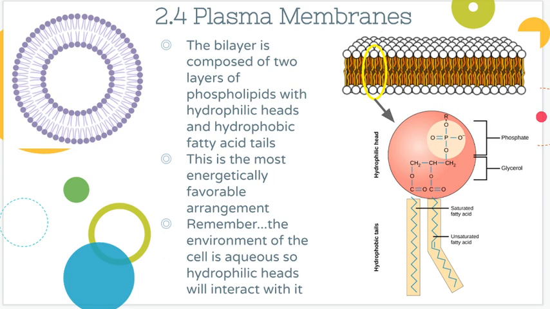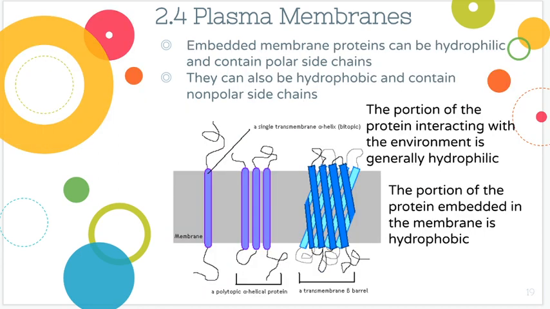And so the water is going to interact with that, but there's nothing on the fatty acids that the water is going to interact with because they're nonpolar, they're not charged. And so just remember that the reason why the membrane orients itself this way is because it's an energetically favorable arrangement, and so the phospholipid heads are going to interact with the aqueous environments that are either inside the cell or outside the cell. Now, the membranes also have proteins that are embedded within them,